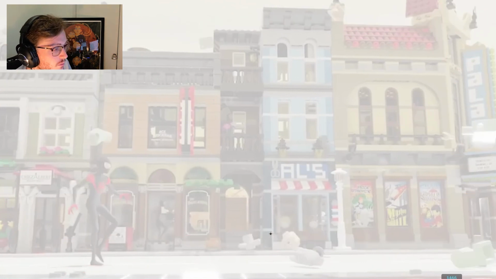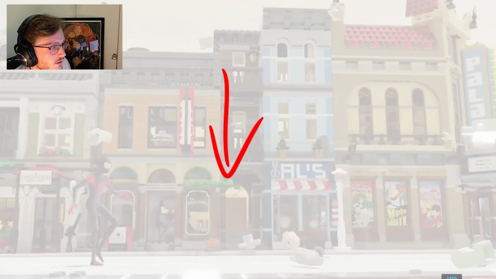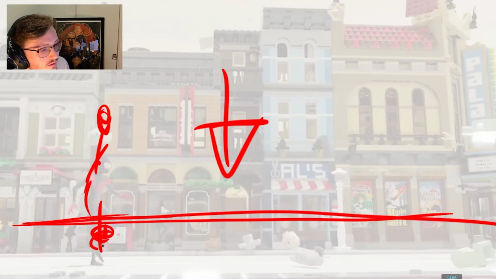So personally, I would have brought the camera down slightly lower. That way our composition sits somewhere more here in terms of where the curb line is. And Miles would probably sit slightly more here. And that way it just gives us a little bit more room to breathe, where we have a bit more negative space here for the rest of the composition with the concrete.